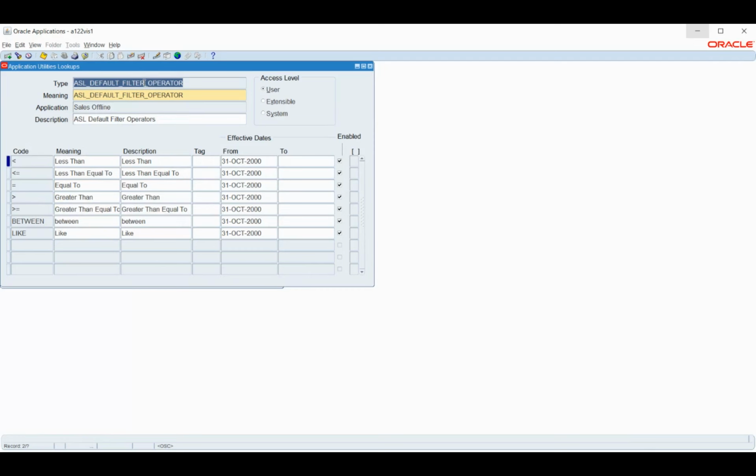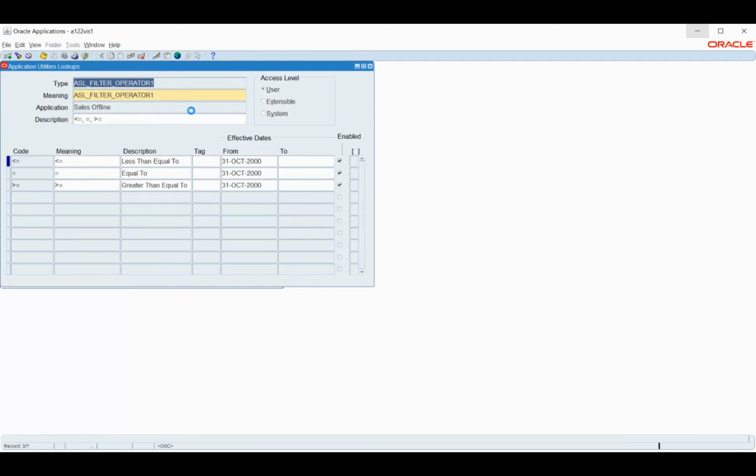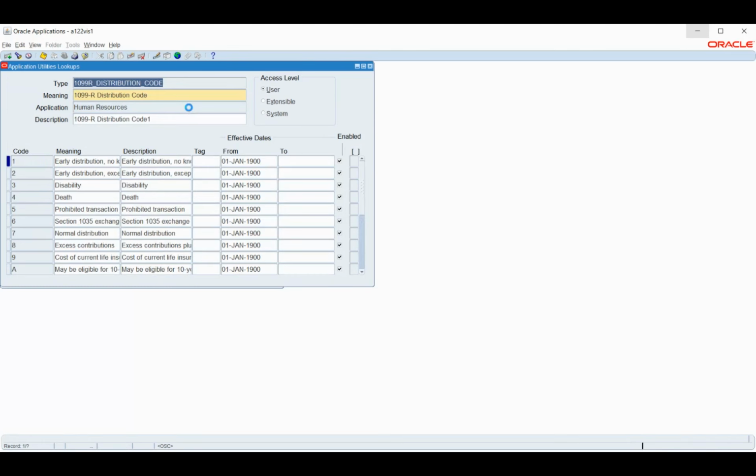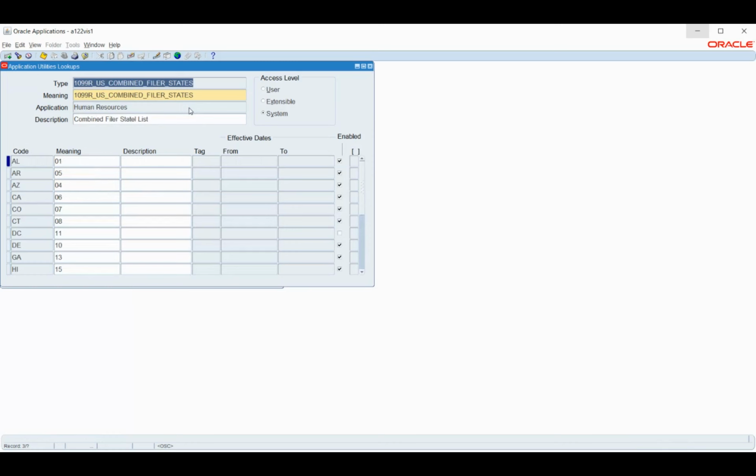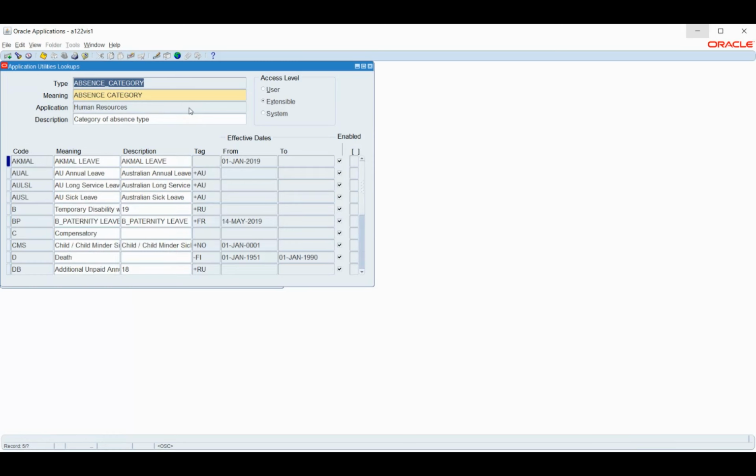Let me take the other cases. Okay, yeah, this one is extensible, so I can use it.